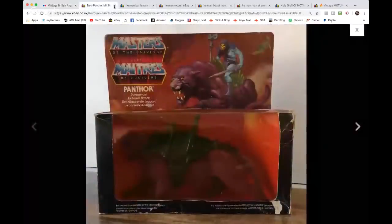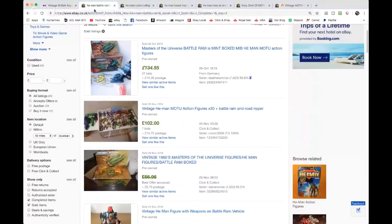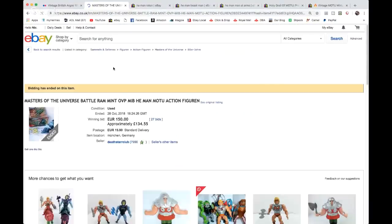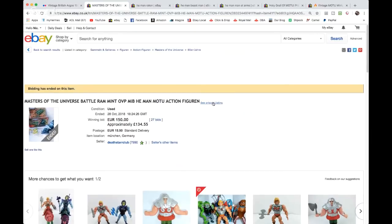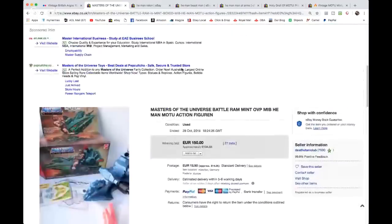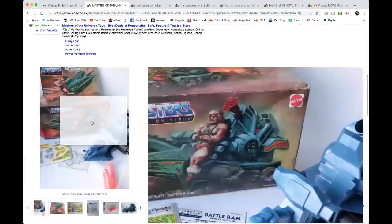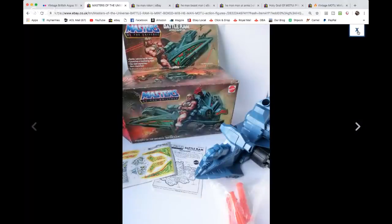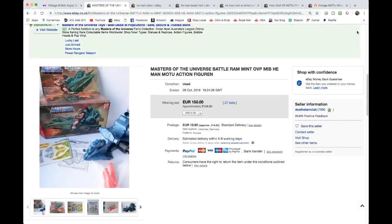All right, that was Panther. So there we go, right at the top. Wonderful example, this. If we go in here, mint in box. How this survived is beyond me, but look at that. And it sold for 150. Was it 150? Hold on, I didn't even look at the price. Oh no, it's 150 euros, so